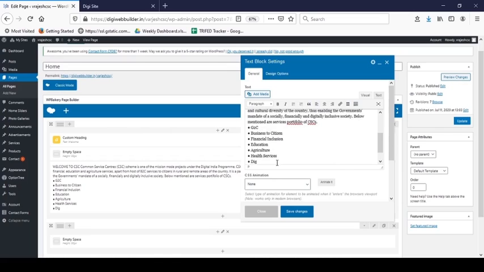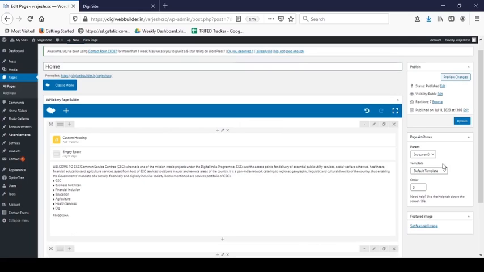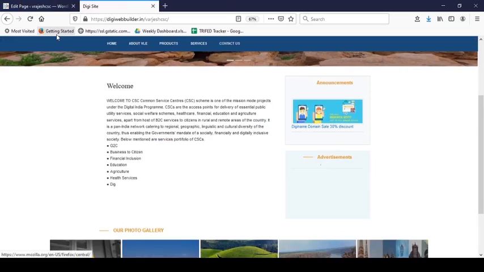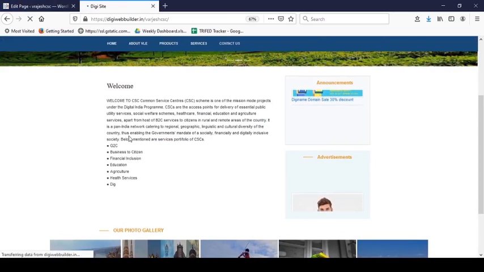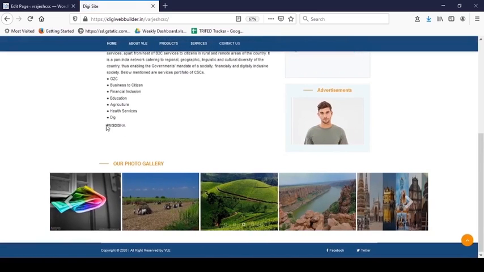Edit the text, like I am entering new service here. Click on Save Changes, and after changing your content, click on Update. Now to check the changes, go to the website, refresh your site. You can check that the changes have been done.